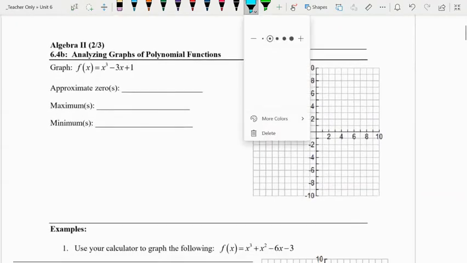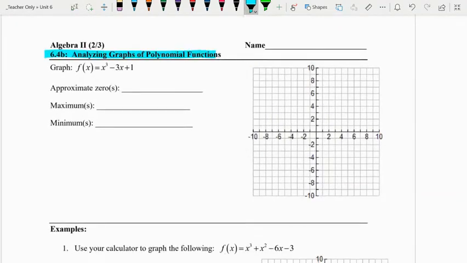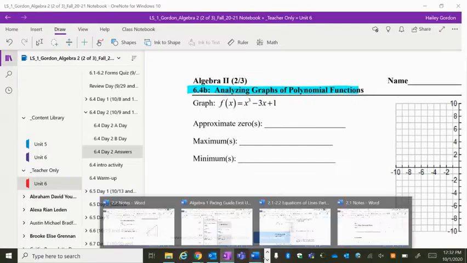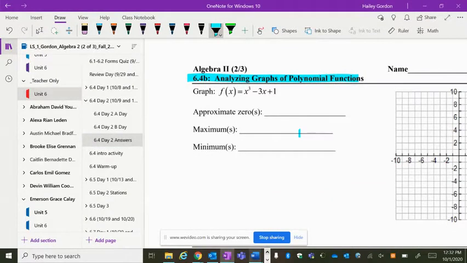Today we're going to talk about 6-4 day 2. We're going to analyze graphs some more. All right. So obviously in the first one, we're going to graph this function. And the only way that we know how to do that for cubic functions is to use our calculator. So if you go to your calculator